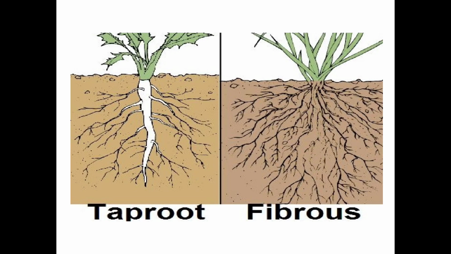Now, what are the functions of the root system? The main function of roots is to absorb water and nutrients from the soil so that they can be transported upward to the other parts of the plant and also to the leaf, and it helps in photosynthesis. The second one is that roots anchor the plants firmly into the soil, and in some plants roots act as food storage. कुछ plants में ये root food को store करते हैं.